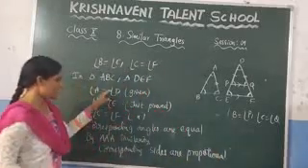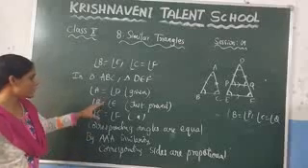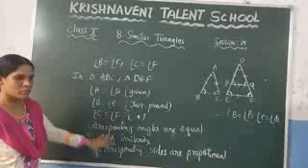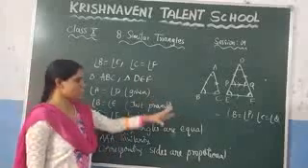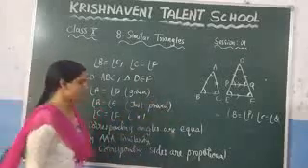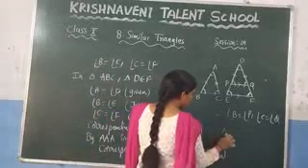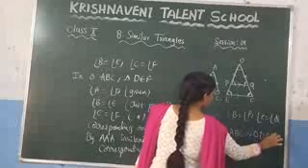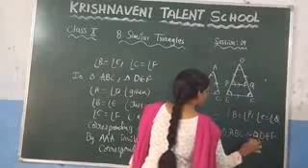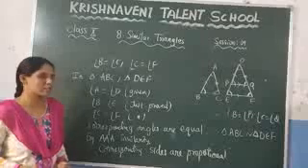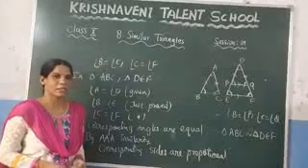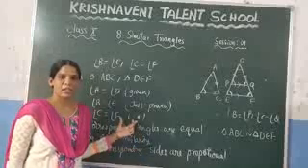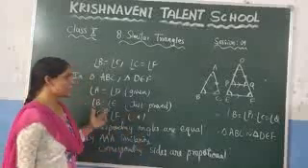Right? If these two conditions are satisfied, that means if the corresponding angles are equal and the corresponding sides are proportional, you can say that those two triangles are similar. So here you can write, therefore triangle ABC is similar to triangle DEF. This is what we needed to prove. This is nothing but SAS similarity. So here we have covered three similarities, which are AAA, SSS and SAS.